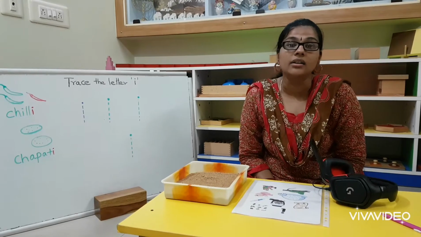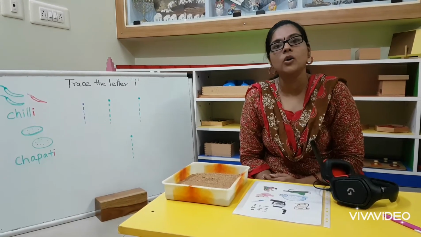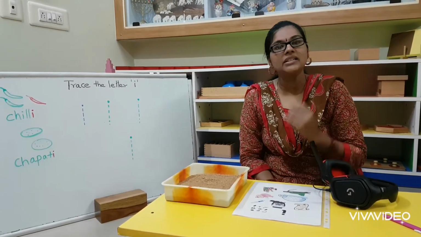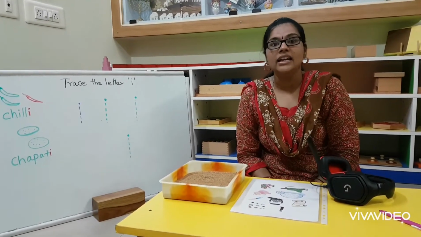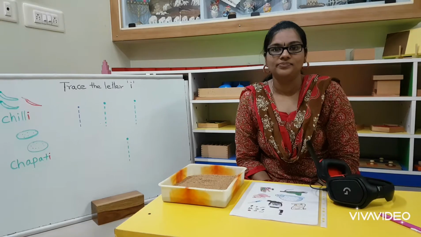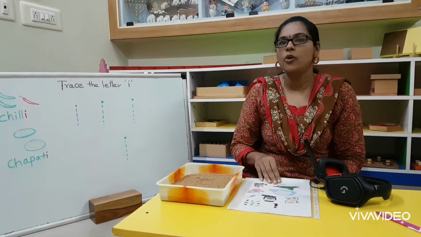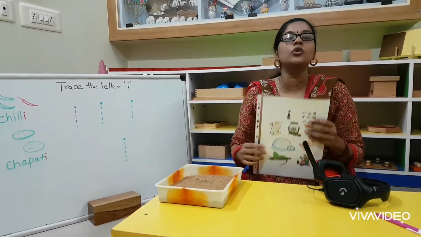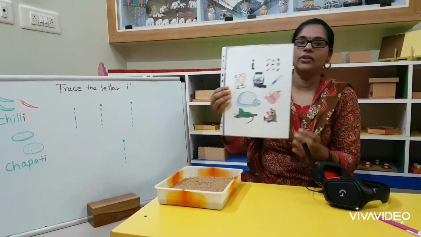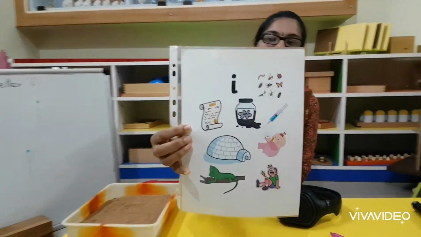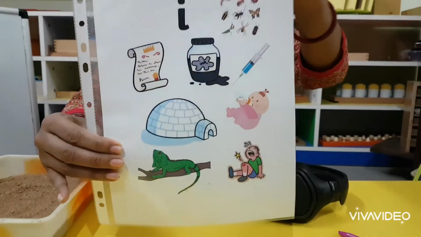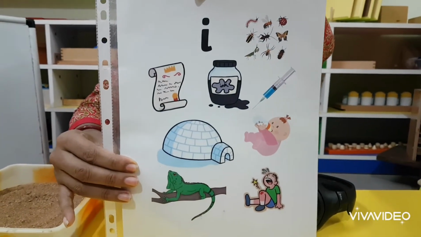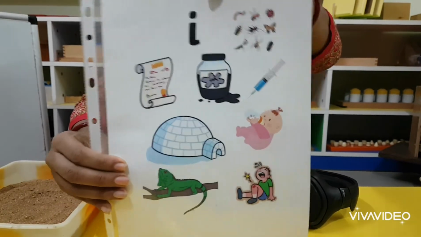Last week, in the last video, we saw about the alphabet T, and Miss Juno would have also told you about the letter E. Right? So today we are going to see how to trace E. Before that, we'll have a recap of what is E. Remember, Miss Juno would have showed you this. This is the letter E.